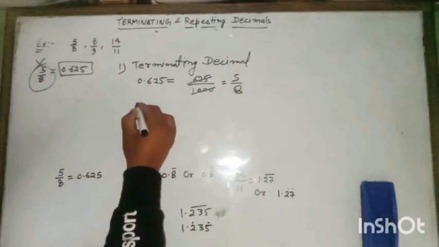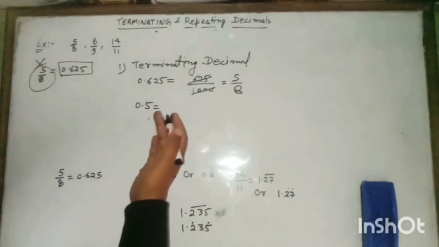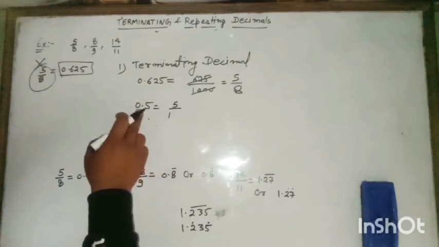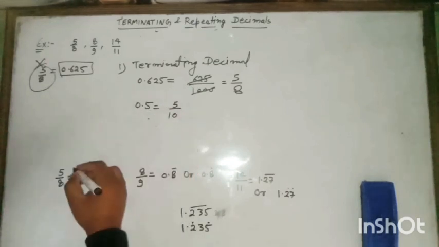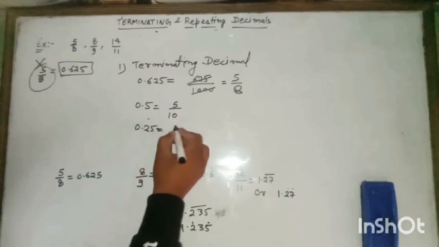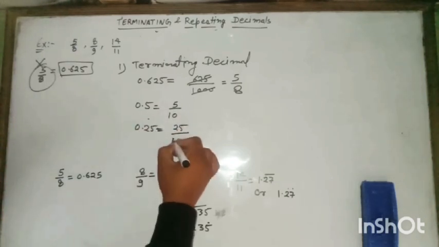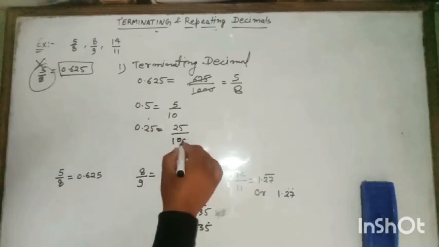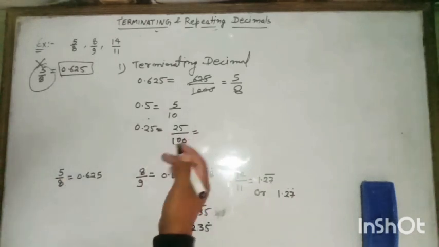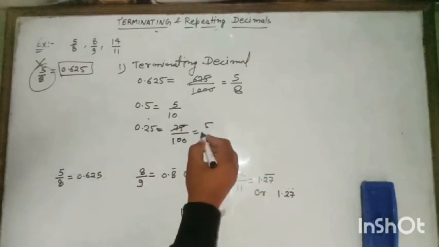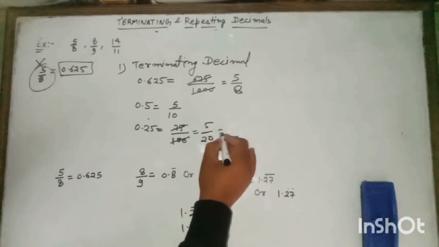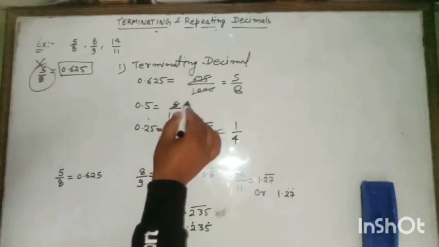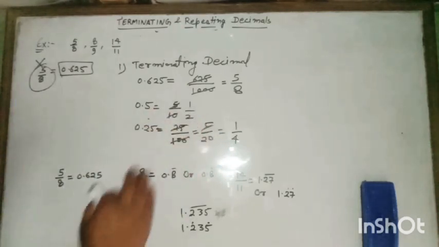So if a number is written 0.5, then how will we convert it into a fraction? We will write 5 as it is, and after the decimal there is 1 digit, so 1 zero we will place. If it is 0.25, in the same way you will write 25 as it is, and in the denominator, after the decimal 1 2, so after 1 you will put 2 zeros. Like this you can convert, or you can solve it further: 5 5 is 25 and 5 2 is 10, means 5 upon 20. Now it also can be 5 1 is 5, 5 4 is 20, and 5 1 is 5 and 5 2 is 10. Like this also you can write it in simplest form.